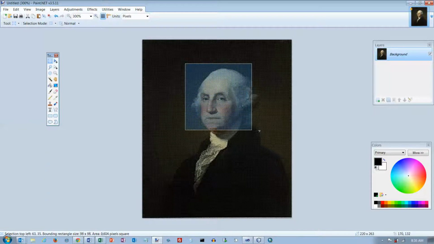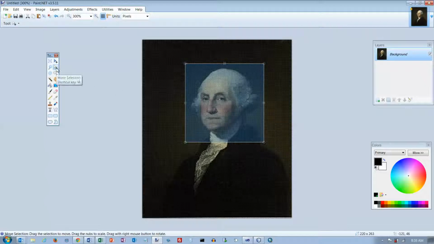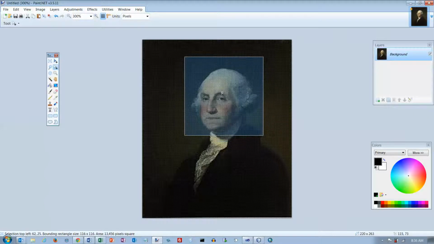And if you hold the shift key down while you drag, you can get a perfect square. And if you don't get it exactly where you want it, you can go over here and click on this move selection tool, and then just take your mouse here and you can kind of move it around and position it precisely where you want it, and that looks pretty good. So now I'm going to crop that picture,